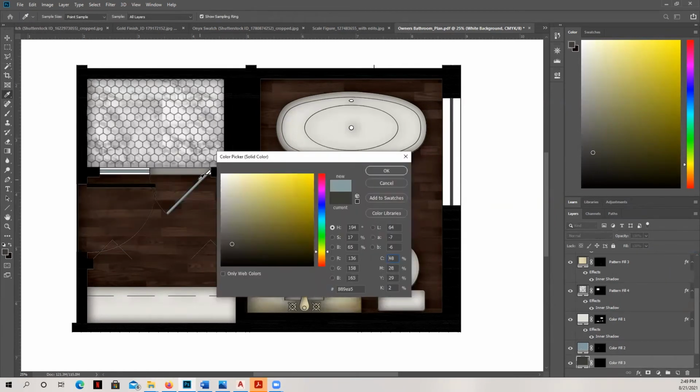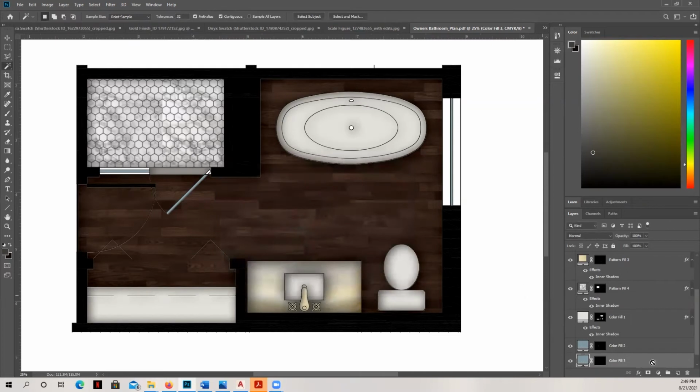And to make sure that it matches, we'll pick it up from here. Okay. And the only other thing that I'm going to do now is just come back in and grab the couple of areas over here and here that would also be white. And I'm going to render them in now.